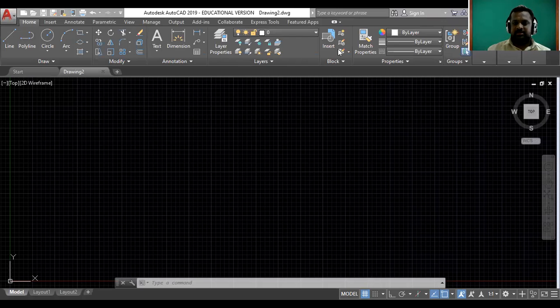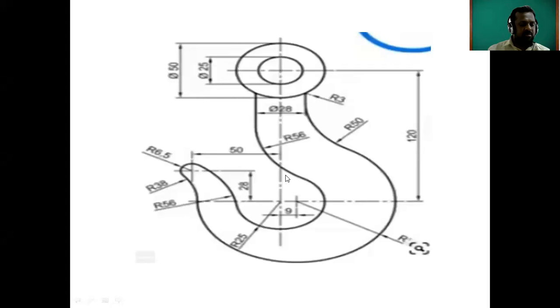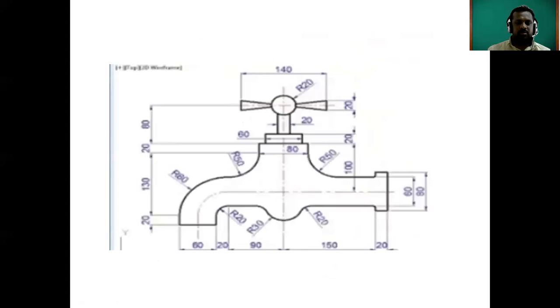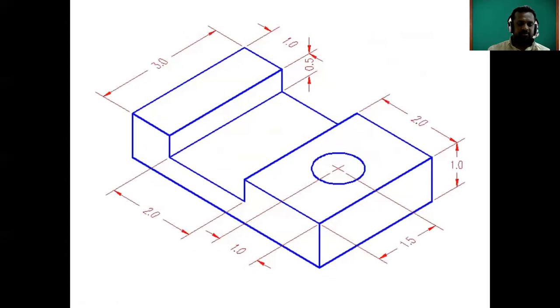Okay, in the last lecture we covered a number of examples related to 2D drawing. We took such examples and drew similar figures in AutoCAD. So it is the 2D figure. Again, we are going to discuss here how to draw the isometric view. See, this is the isometric view, and how to draw this type of isometric view in AutoCAD, that point we are going to discuss today.